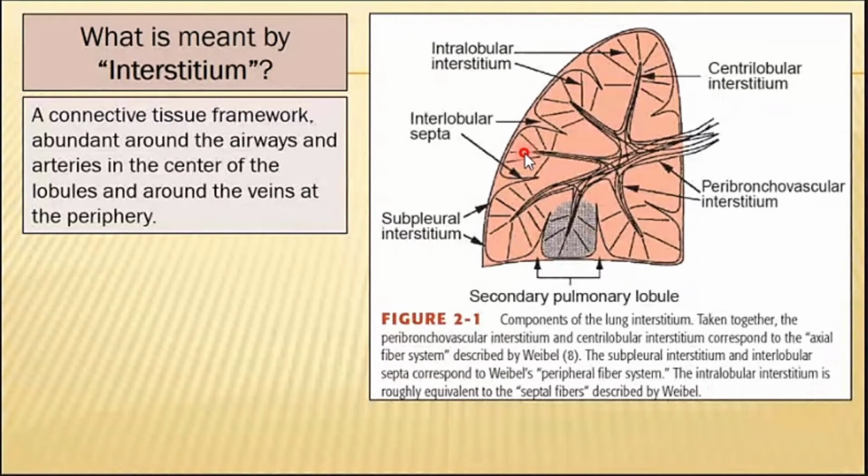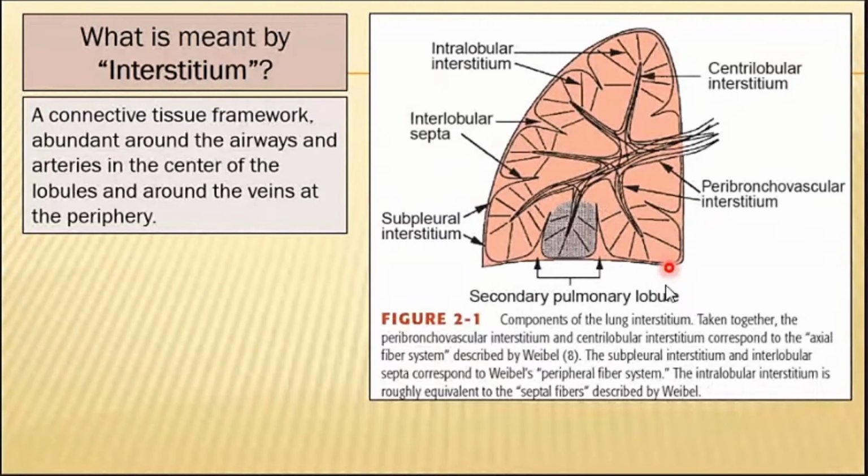If you look, you'll see only around 8 secondary pulmonary nodules, whereas in the real lung there may be hundreds. Ideally they are polyhedral in shape and measure around 1 to 1.5 centimeters. Even on gross section, this is probably one of the most easily discernible structures of the lung,